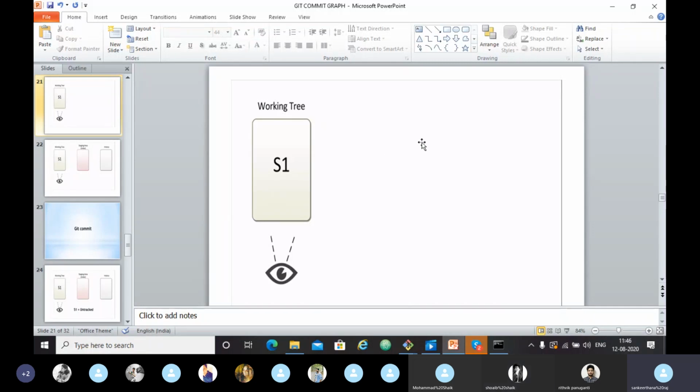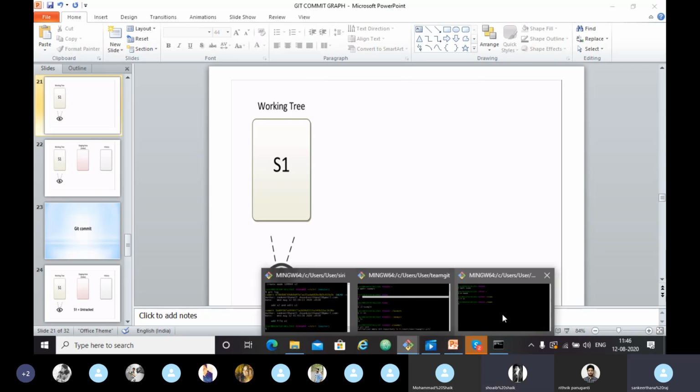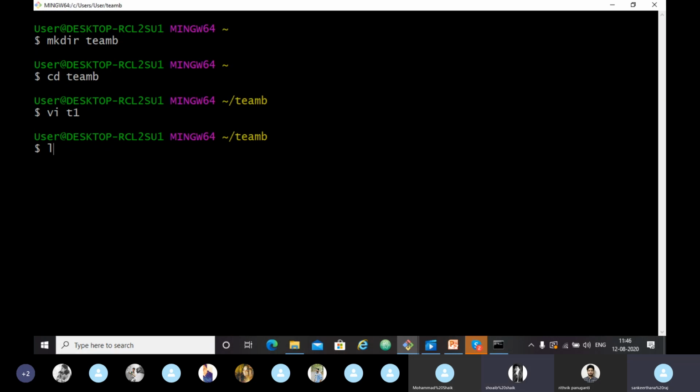Now what we have to do is, as our T1 is an untracked file till now, we have to make it tracked. If we want to see the contents in our directory, we just have to type ls. It will show our file name T1. So now I have to create a Git project.